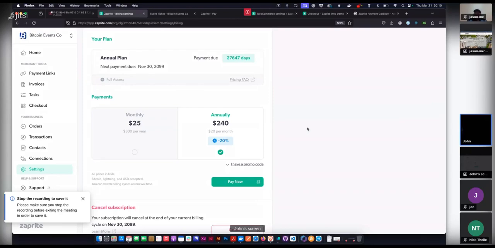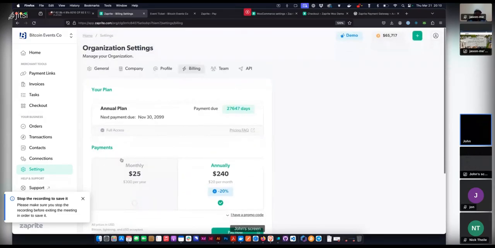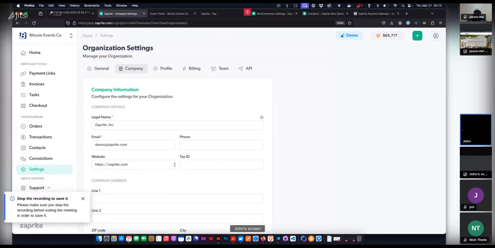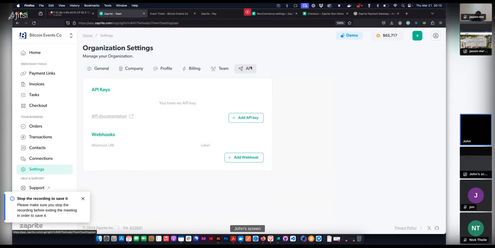If you're paying fiat monthly, you'll end up paying $360 a year. So you really want to pay in Bitcoin. That's the billing company information. If you want to add that in, add it in. It depends how private you want to be. And then the really cool thing that we're about to launch, which I'll send over to Nick now,